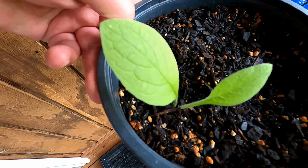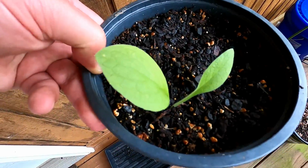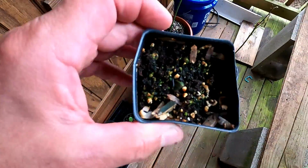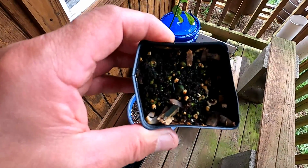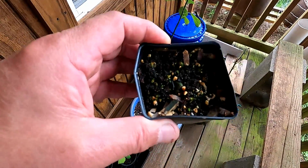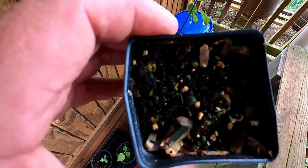Here's some comfrey that's growing on, and this was sent to me by the Sapper gardener and his family. Mr. Bob, I don't know what happened with the comfrey starts that you sent me. The first one was KIA upon arrival, and I don't know what happened with this one. What I'm thinking is, and matter of fact, I know this is probably the case. The comfrey that Mr. Bob sent me from Bob Mel's Simple Living,